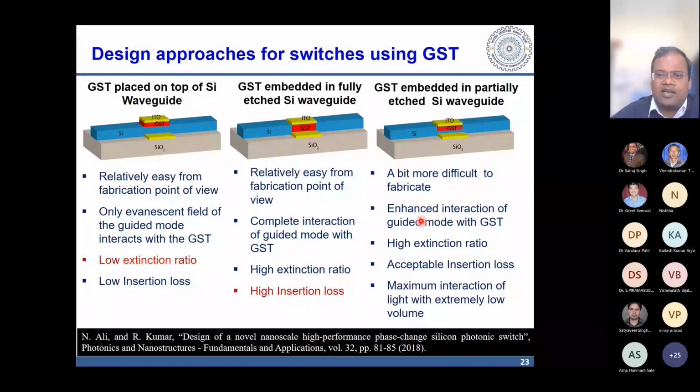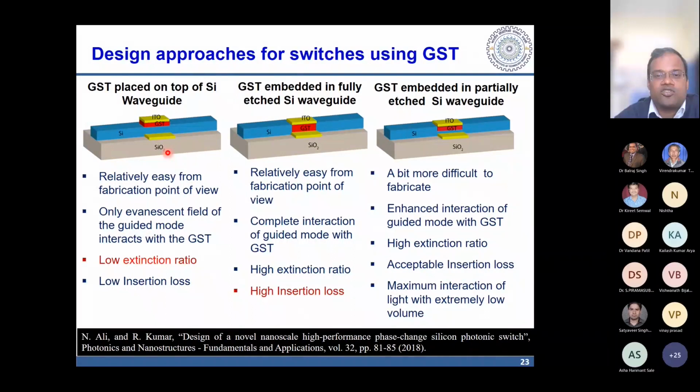However, it is a bit more difficult to fabricate as compared to these two. But it gives a high extinction ratio and low insertion loss. Here in this case there is low extinction ratio and high insertion loss, which is the reverse of what we want. We want low insertion loss and high extinction ratio. So this situation permits us. You might be wondering about this yellow portion. This is nothing but ITO, which is a transparent material for having the electrodes. We have been doing an in-depth study of this and I'm going to show some results here.